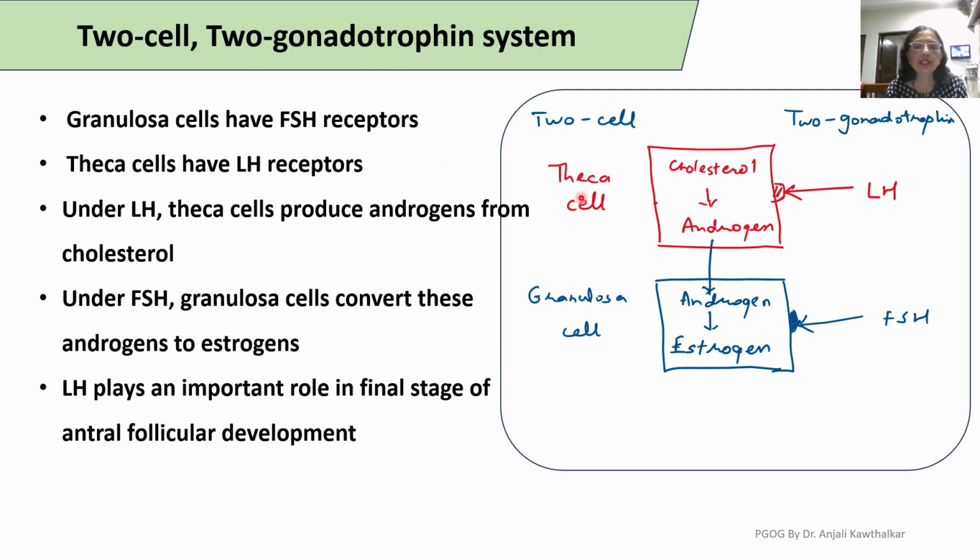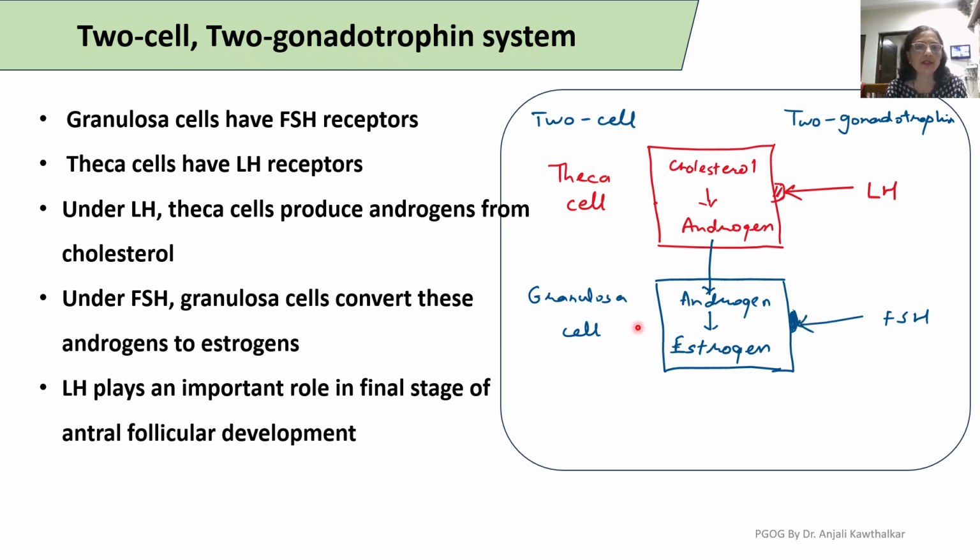What are the two cells? Theca cell and granulosa cell. And what are the two gonadotrophins? LH and FSH. So what is happening? Granulosa cells have exclusively FSH receptors, whereas theca cells have only LH receptors. So whenever LH acts on the ovary, it will act only on theca cells. Whenever FSH comes from the anterior pituitary through the bloodstream and reaches the ovary, it will act only